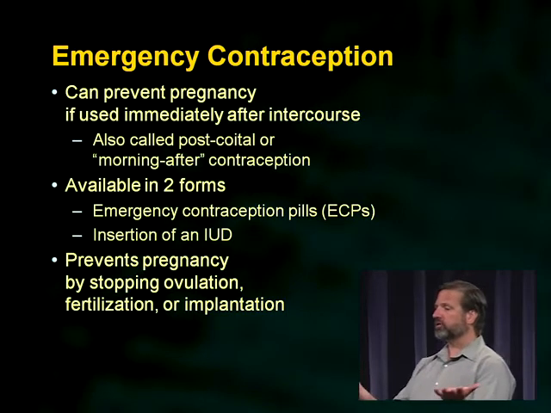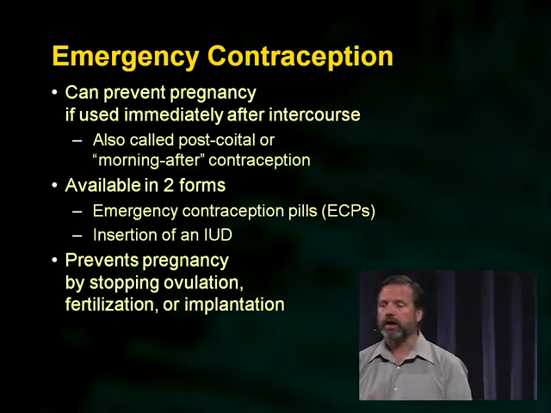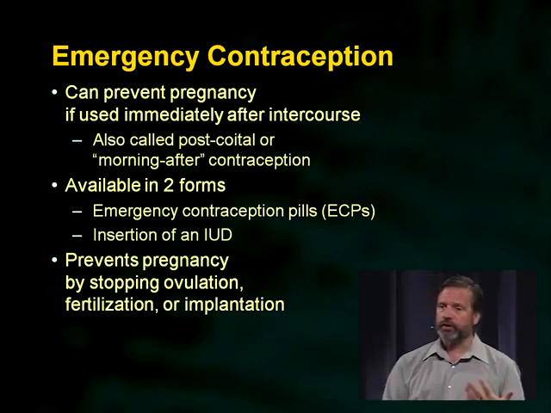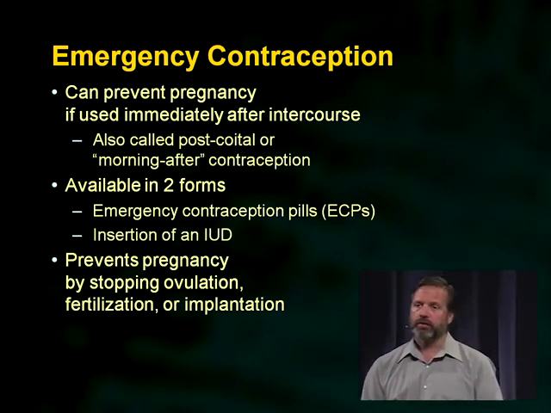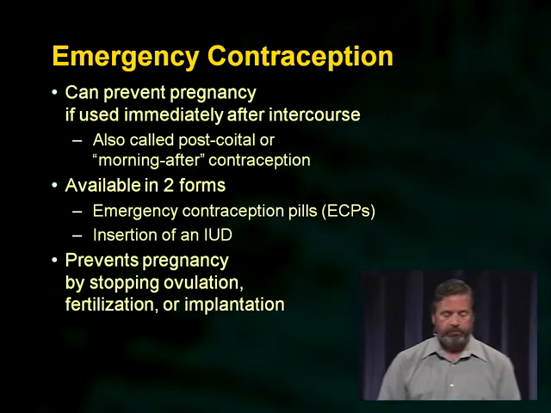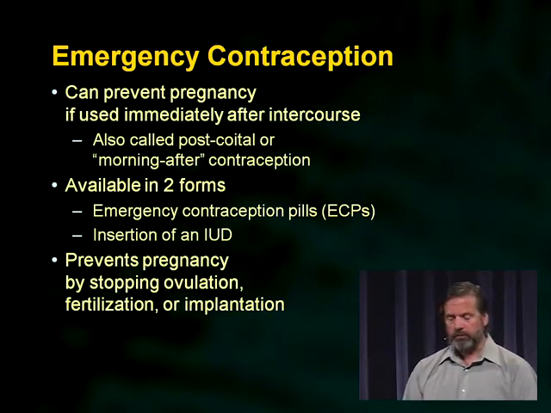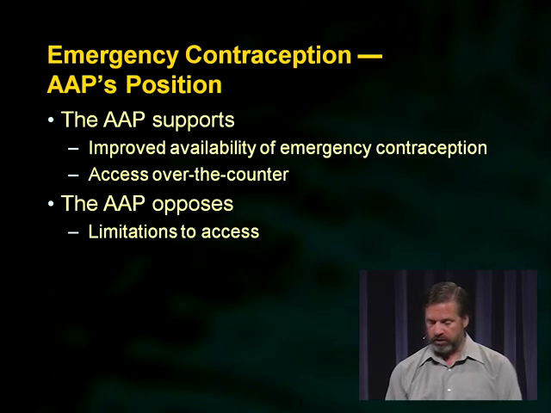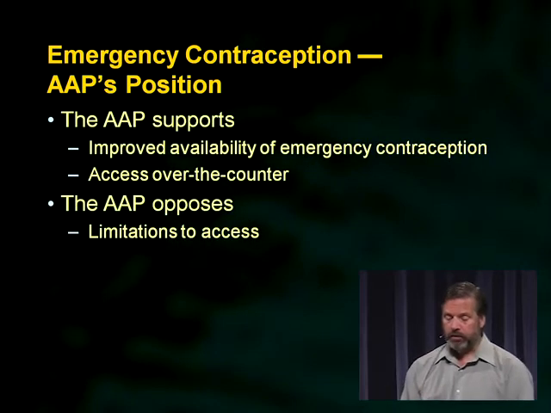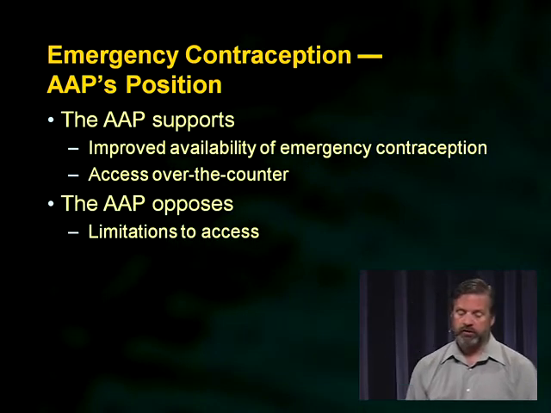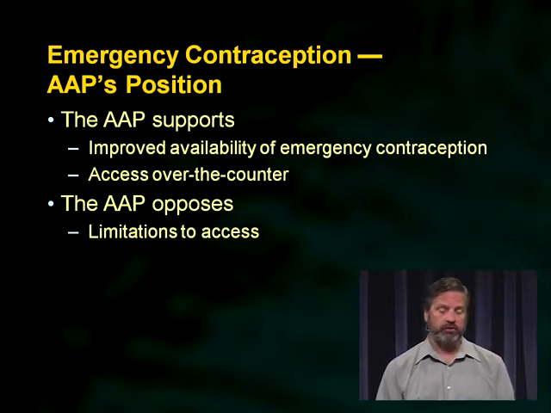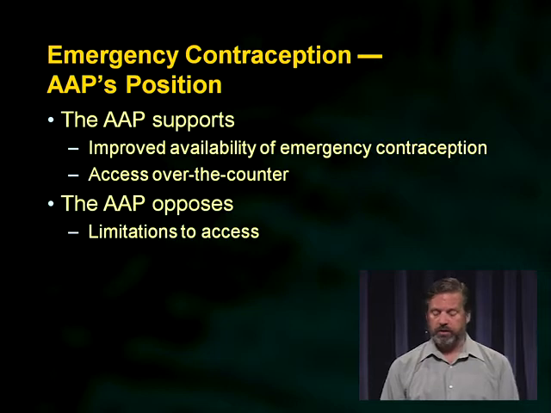Emergency contraception is one. Emergency contraception actually is very effective at preventing pregnancy. So what is emergency contraception? It's where you're taking basically high-dose hormones after intercourse to prevent the pregnancy from being successful. It's also called the morning after pill. It's available in several different formulations, but there is some discussion about even whether it should be available over the counter.